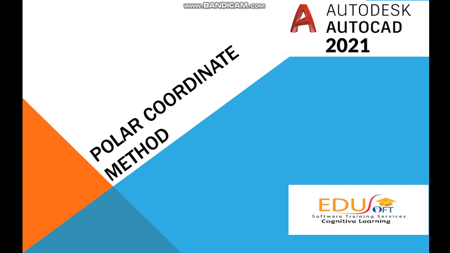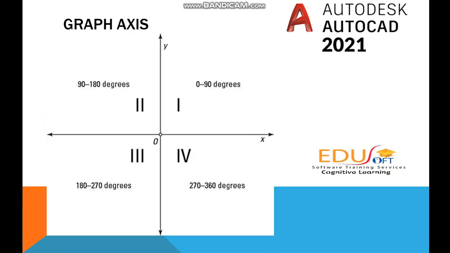In this method, we are dealing with angular direction and the distance moved. So in order to give our input value, we use the symbols @ and < to mention the angular direction. Let's see figure number 1. Here it is clearly mentioned what the angle measurements are in each quadrant. The x-axis is our 0 angle direction, that is 0 degree, and 90 degree is coming here. This y-axis will be our 90 degree.